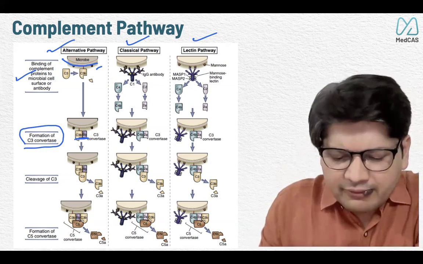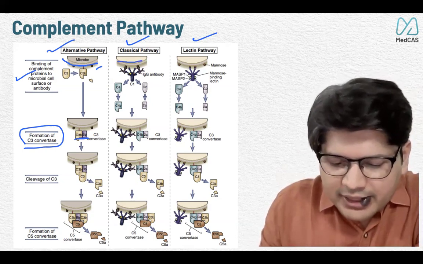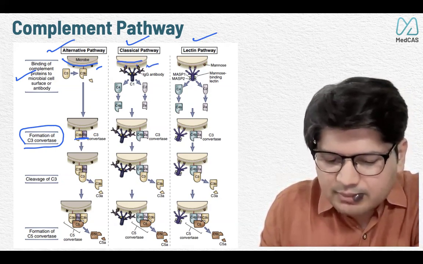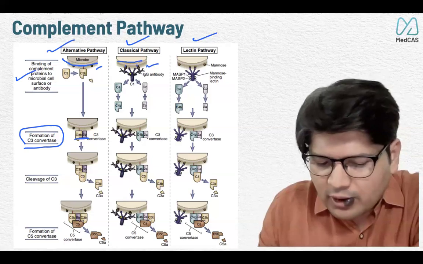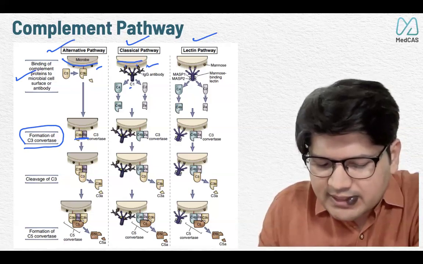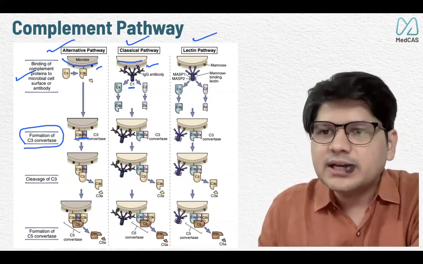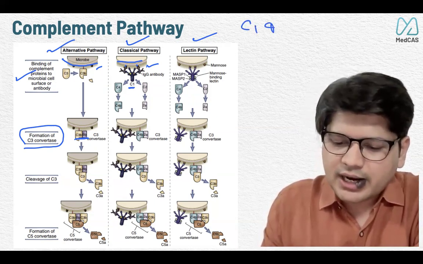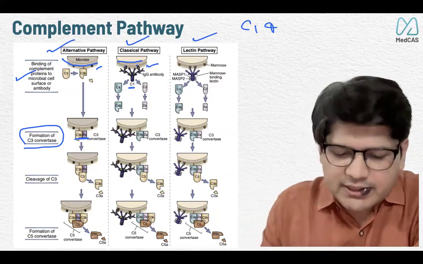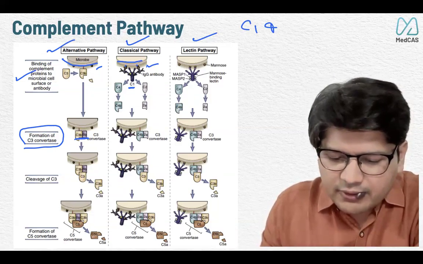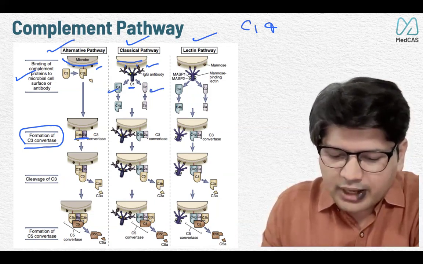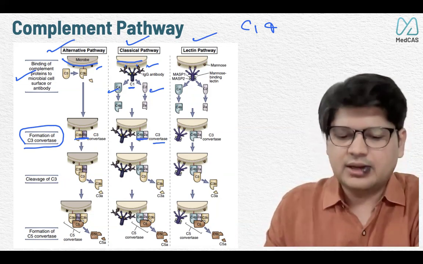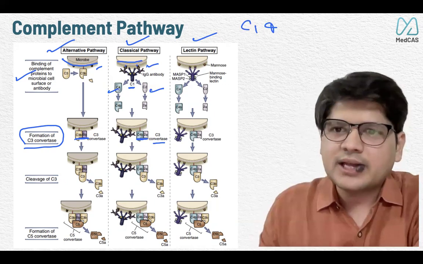Now you can see this is bacteria. On that, there is some kind of antigen which is getting caught by this Y-like structure, and this Y-like structure is nothing but the antibody. Once the antigen-antibody complex is formed, it is recognized by C1, specifically C1q. C1q is the start of the classical complement pathway. Then you get activation of C4 followed by C2, and then you get C3 convertase, which is C4b2a, the C3 convertase of the classical pathway.